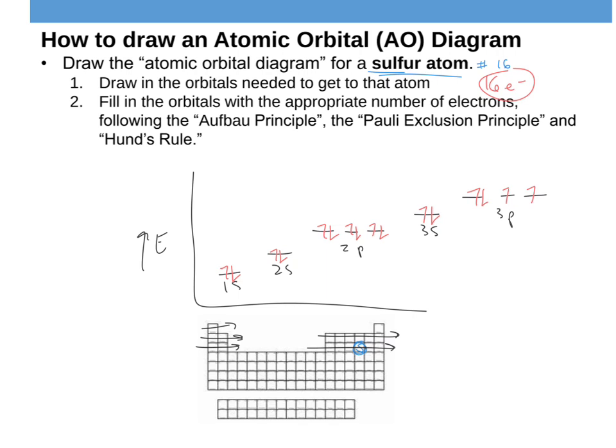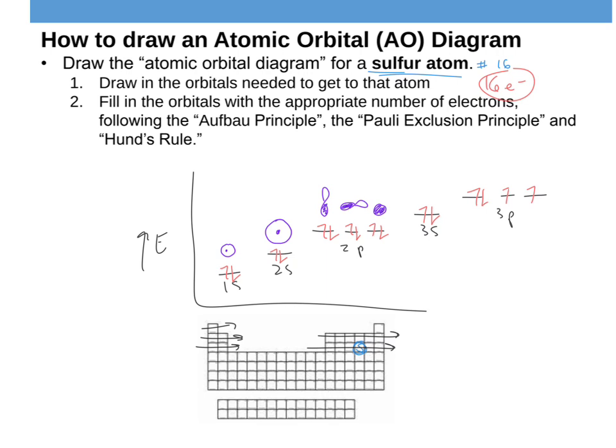Again, I don't care that you draw the shapes of a lot of these things. I'll draw them just to help you connect what we're doing with physical 3D probability maps. But what we're saying is that this 1s orbital is this spherical orbital around a nucleus. The 2s is also spherical, but it's bigger than the 1s. Then we've got the 2p's. Remember that there's 3 of them because they go in 3 different directions. They have an up-down one, they have a left-right one,